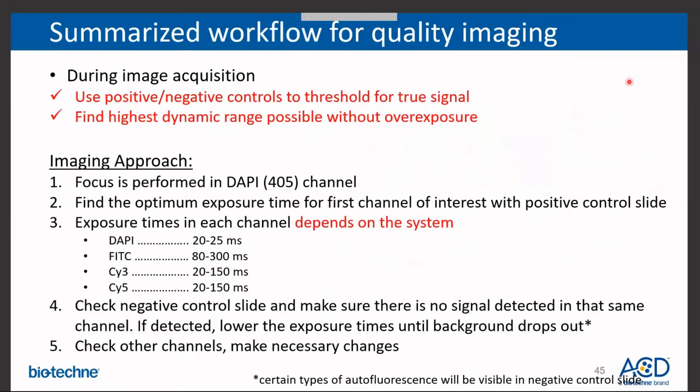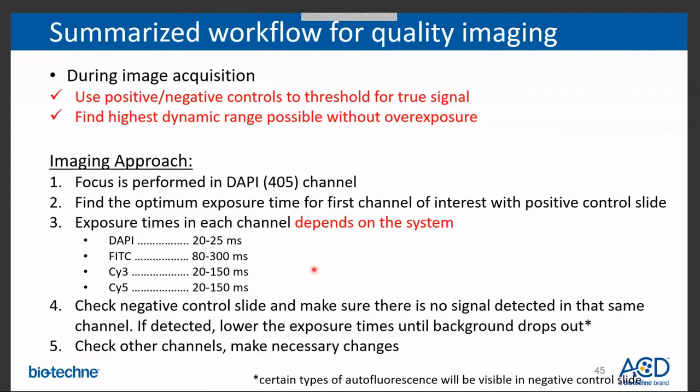And the best way to do that is focus in the DAPI channel and then find the optimal exposure time for the first channel of interest on your positive control probe slide. Exposure times really depend on your imaging system, so they will change depending on what your system actually is. But I just put up these examples to illustrate that you shouldn't need a very long exposure time. If you're needing to expose out to 800 milliseconds or a second long, something's wrong and you don't have real